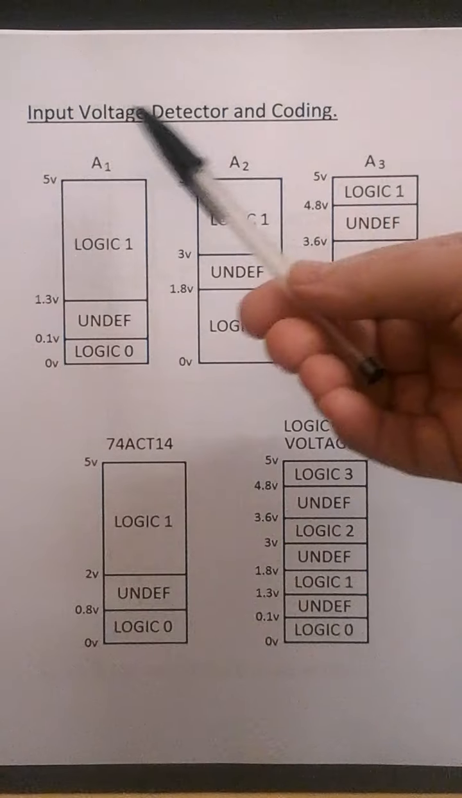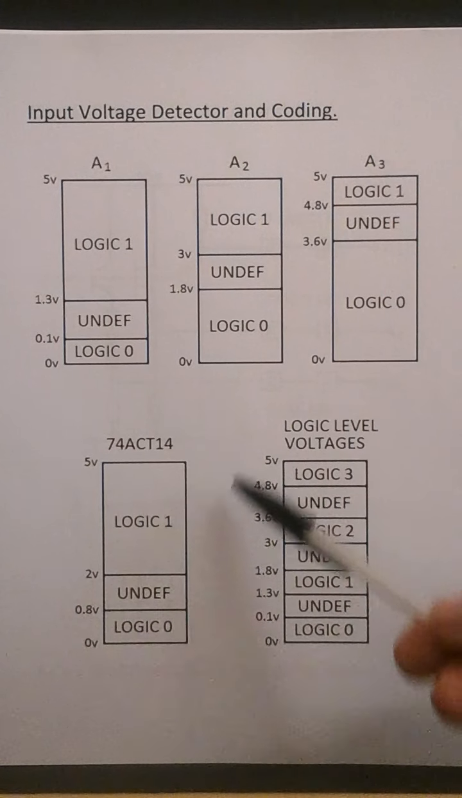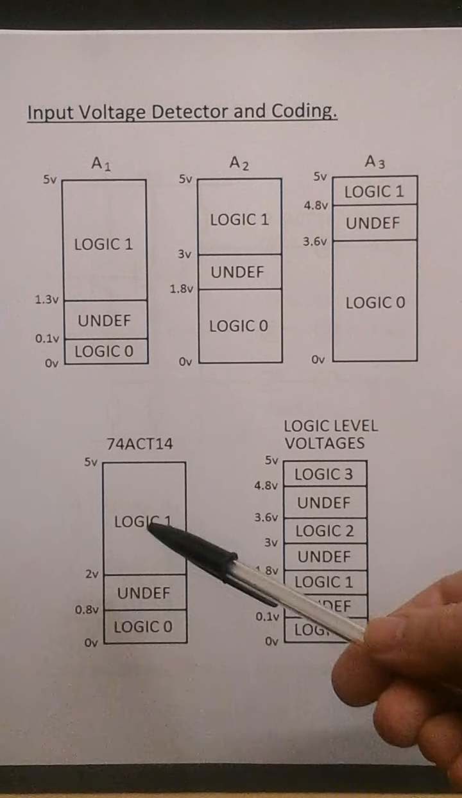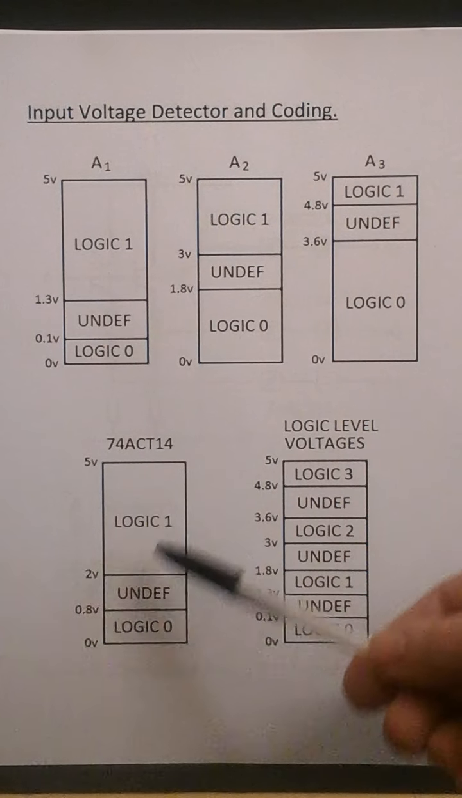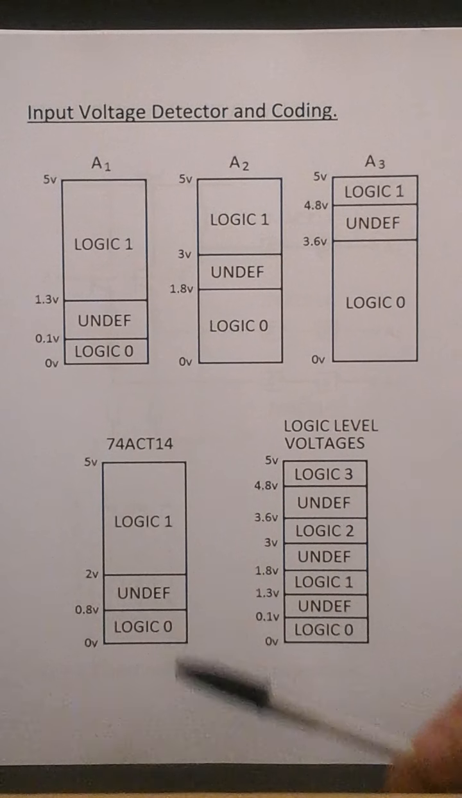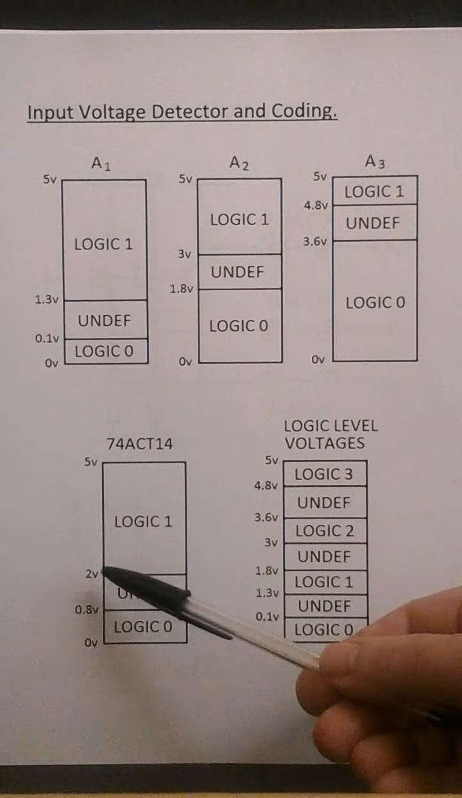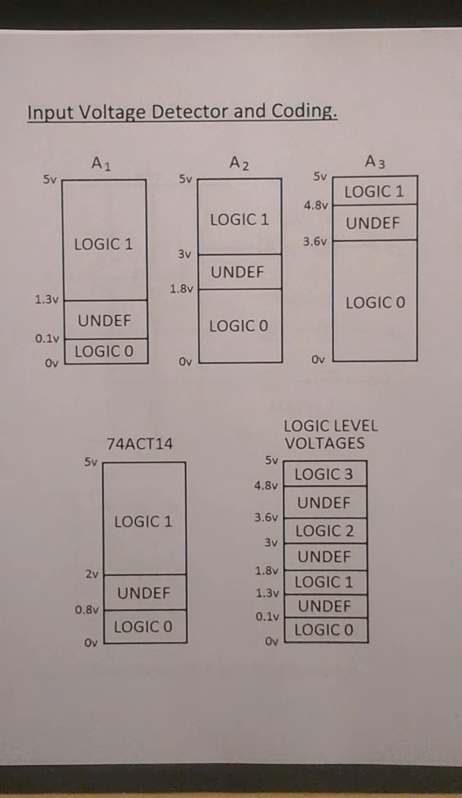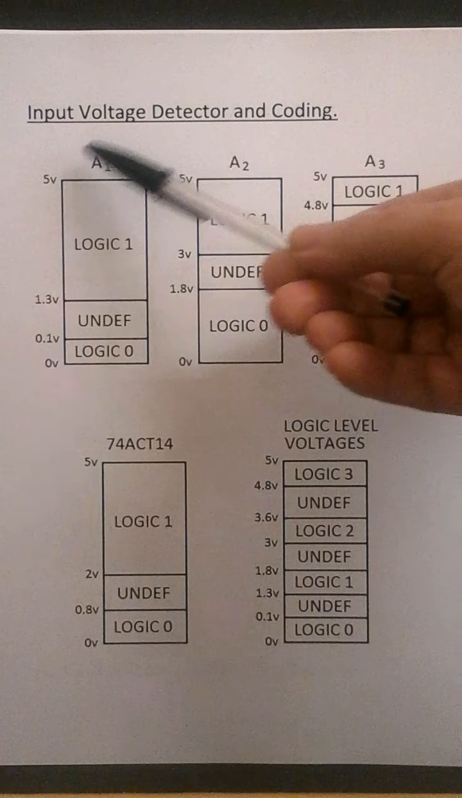So this is the input voltage detector encoding. We have a 74ACT14, which is a hex Schmitt trigger, and these are the voltages of logic 1, undefined and logic 0. Logic 0 is from 0 to 0.8 volts and logic 1 is from 2 to 5 volts. So for input A1,